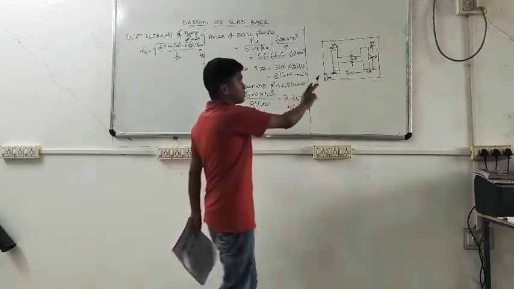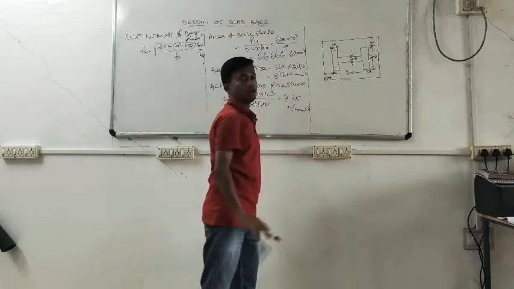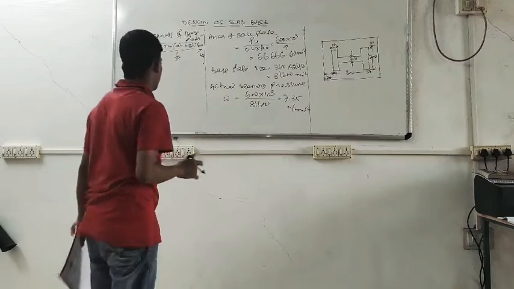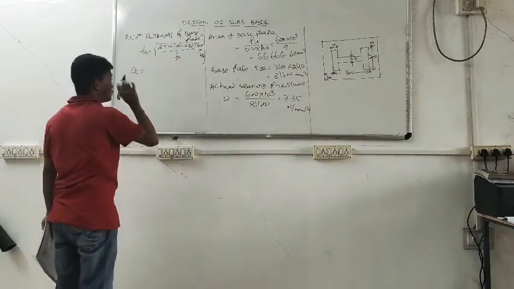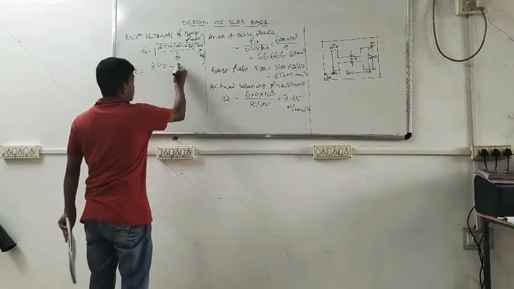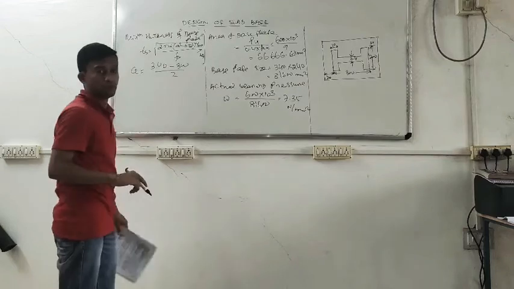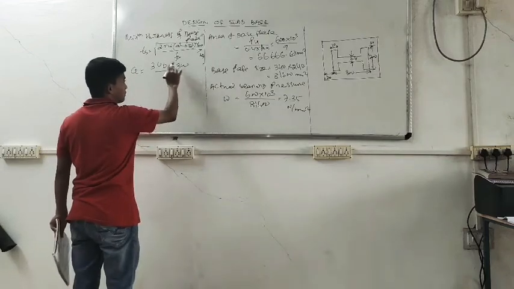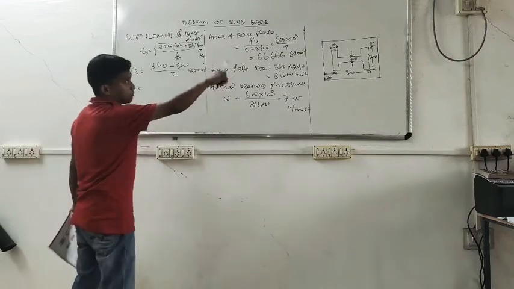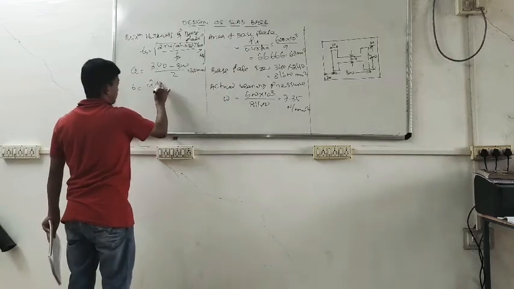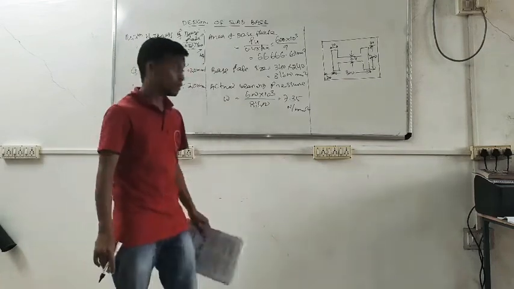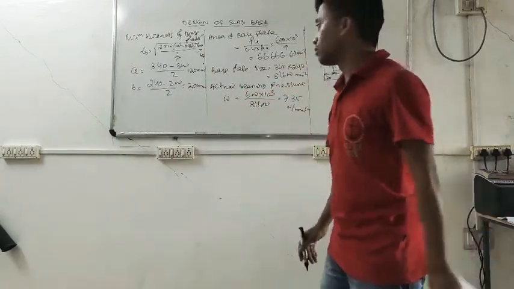Okay, so for this w you have calculated the actual bearing pressure and you have to calculate a and b. a and b are the projection of the slab base beyond the column section. Okay, so we have already shown that the projection is 20. Still, if you want to calculate, then a equals the dimension of the base plate, that is 340, minus the column size 300, divided by 2. Okay, so it comes to be 20 mm, and b is the dimension in the other direction, that is 240 minus 200 divided by 2, which comes to be 20 mm. Okay, so a we got 20 and b also 20 mm.